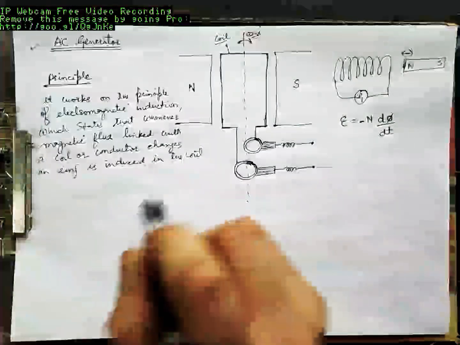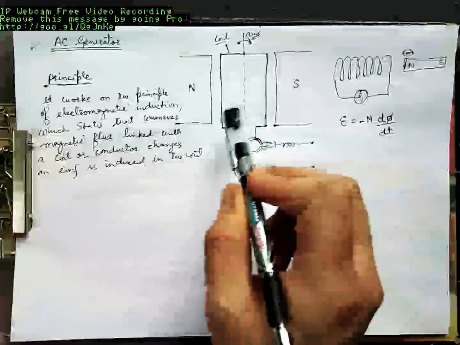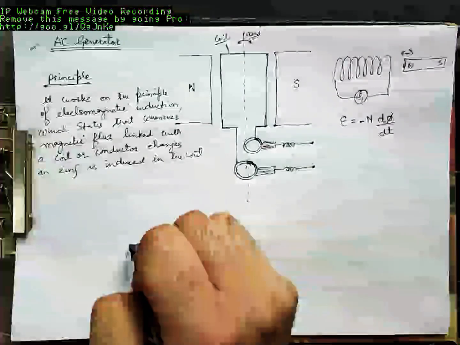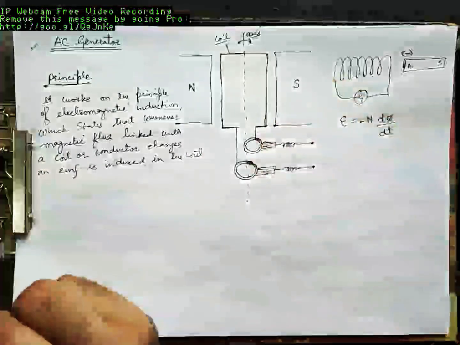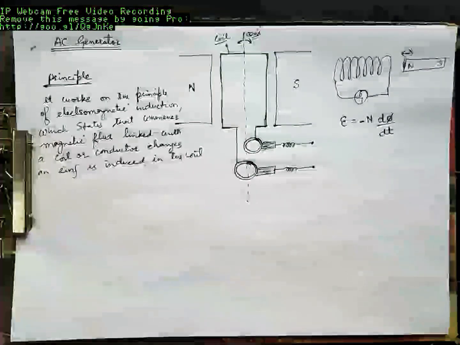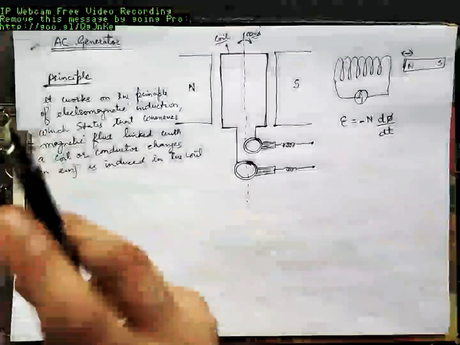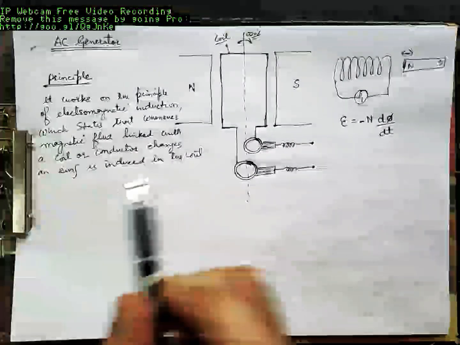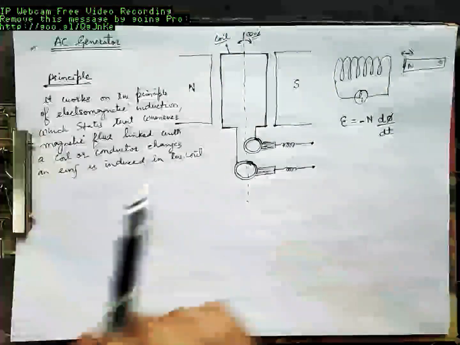If there would have been no need to rotate this coil to produce electrical energy, that would have meant that this machine is creating energy. Is it possible to create energy? It's not possible to create energy. You can only transform energy from one form to another. In this case, this generator basically transforms